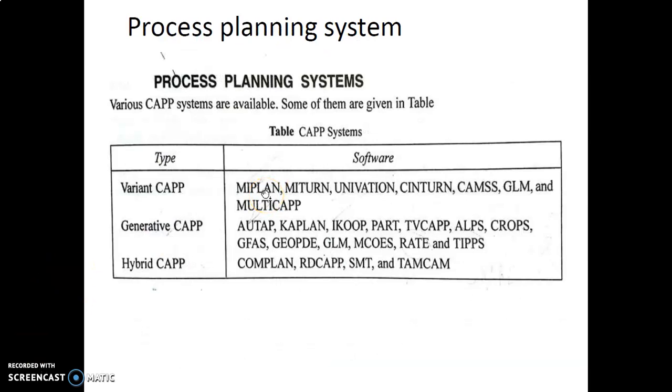Process planning system. Here you can see we have three types: variant CAPP, generative CAPP, and hybrid CAPP. And there are lots of software packages available in the market, so you can use this software to create the process planning system, and it will also actually reduce your